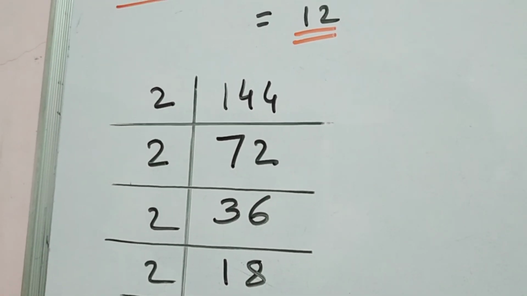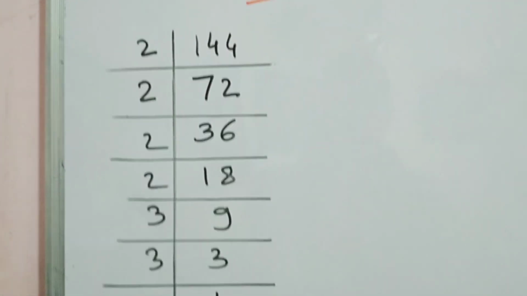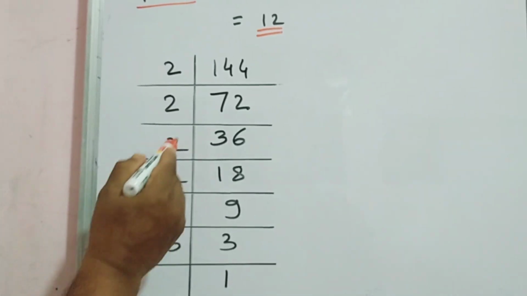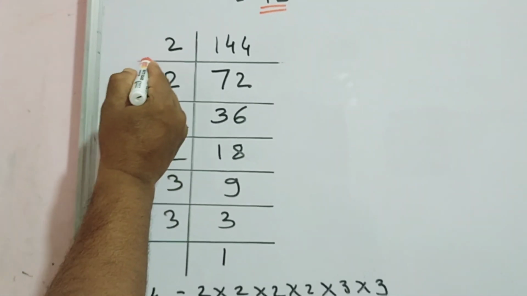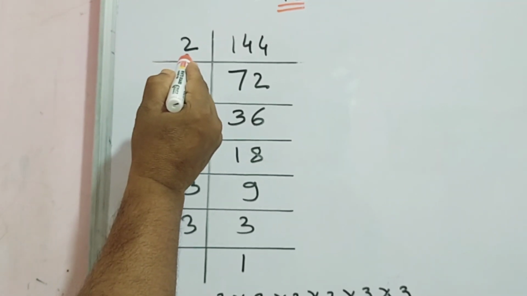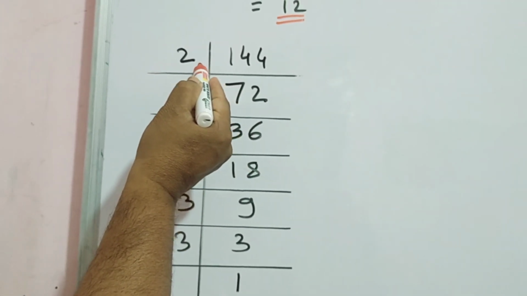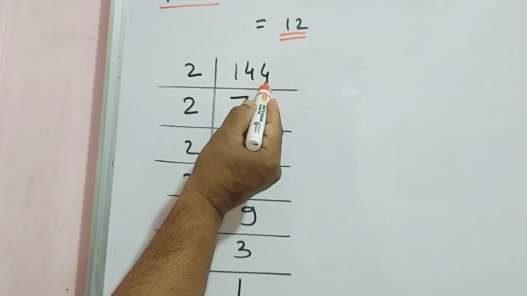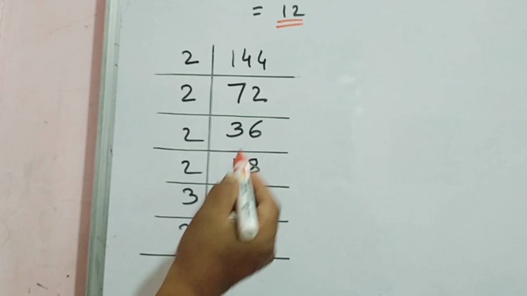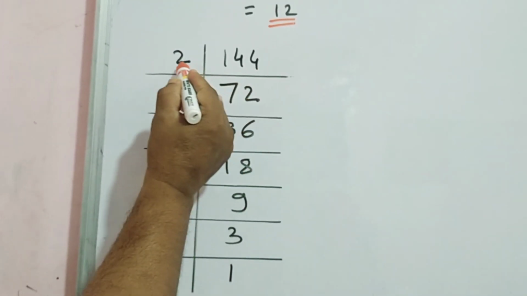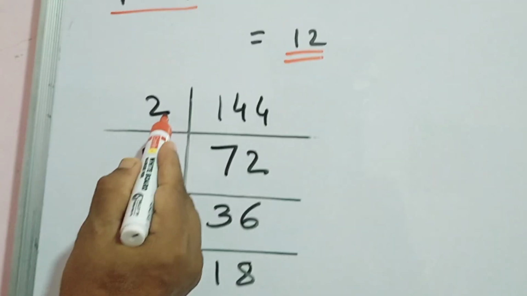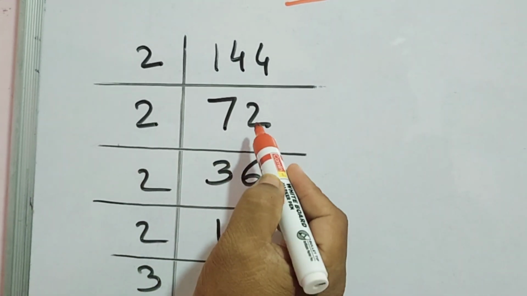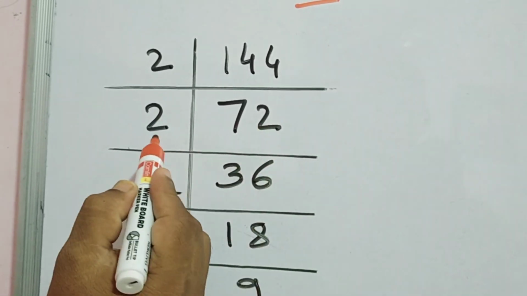Now vertical method. Any one method you can use to find the square root of a number. This is vertical method, write 144 here. But before that, draw one vertical line and one horizontal line. Write 144 here, write to vertical line and first factor 2, which is left to the vertical line. How to find first factor from the last digit? 4 is even number here, so we can divide this number by 2. Now you know here 14 is divided by 2 means 2 7s are 14 and 2 2s are 4, so 72 here. Again 2 is even number, so 72 is divisible by 2.